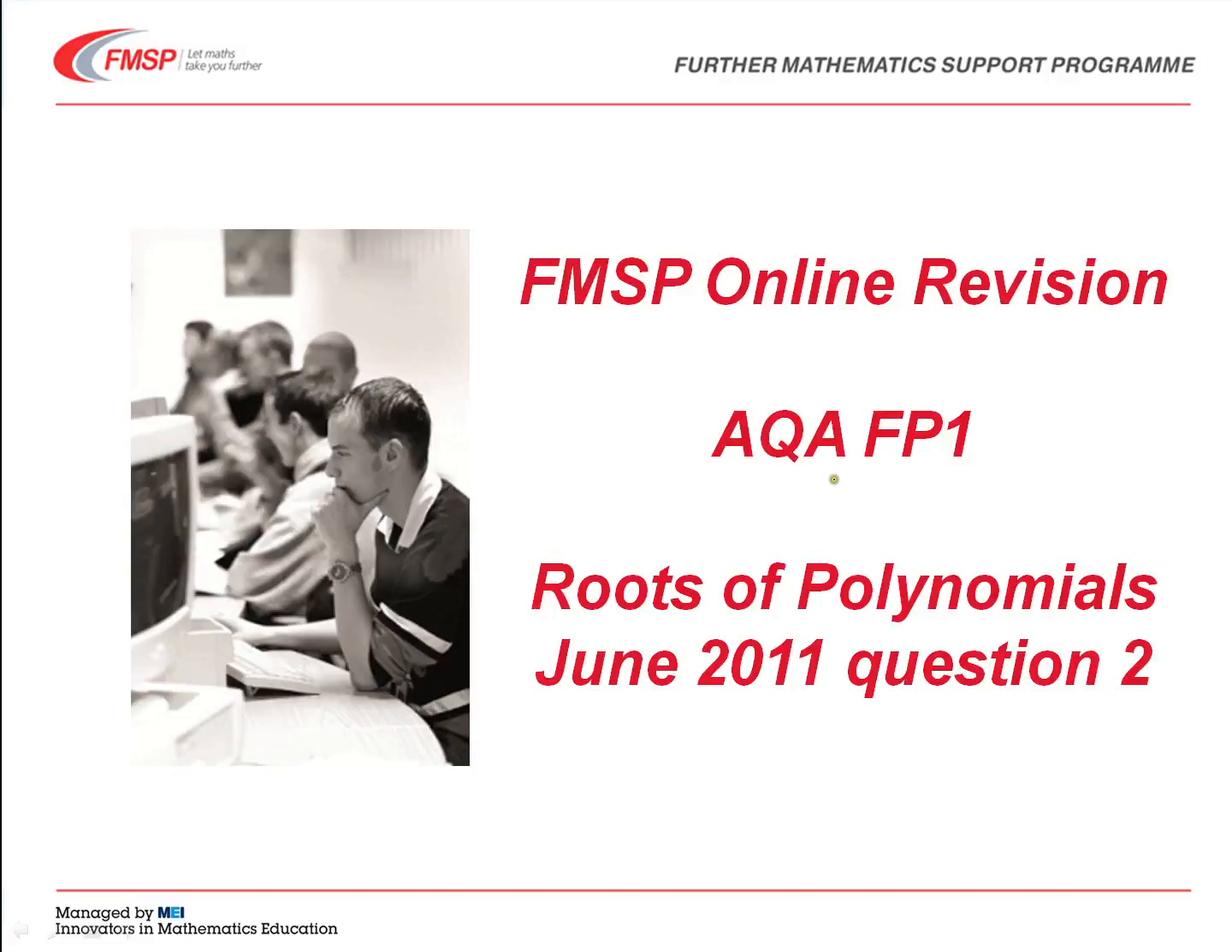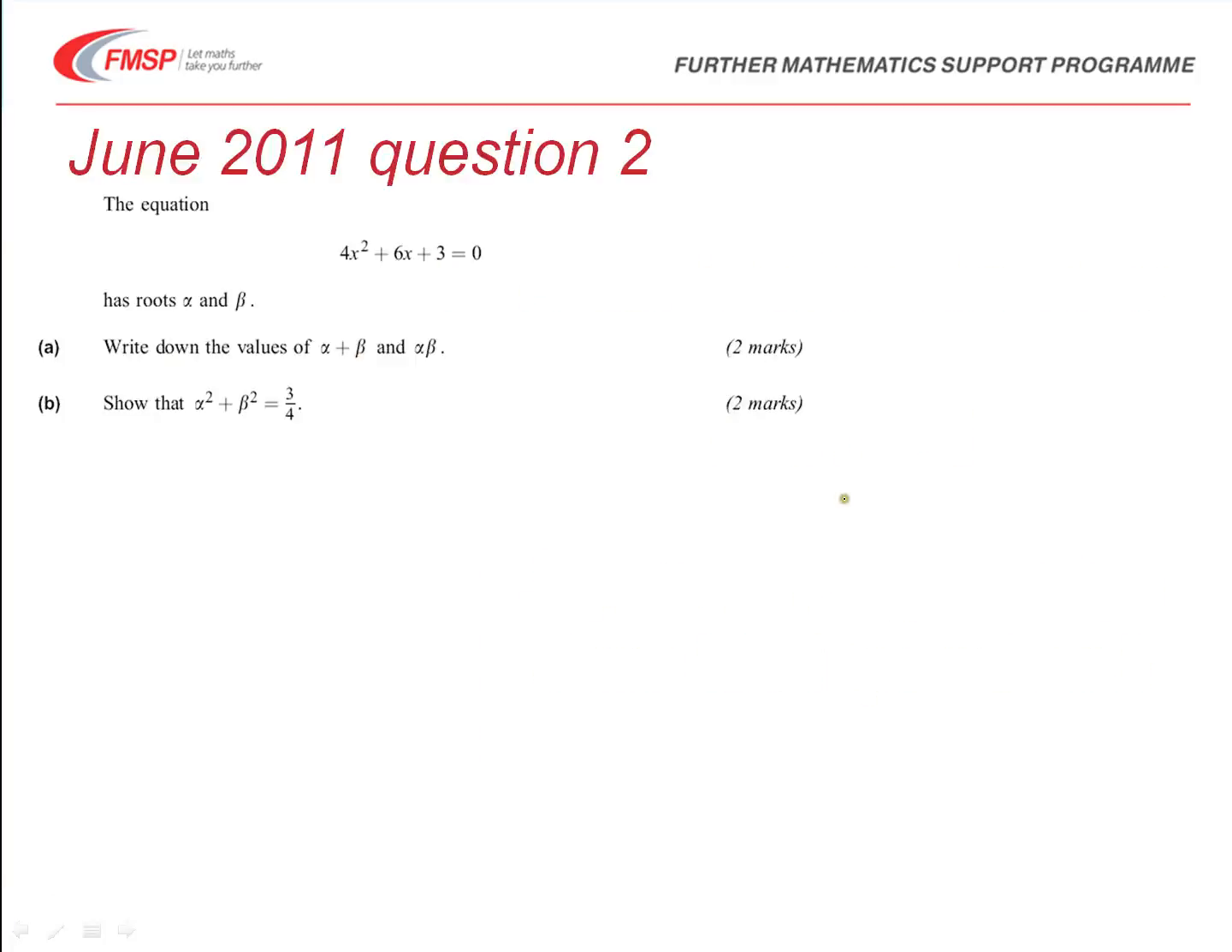Welcome to this online revision session for AQA FP1, in which we'll be looking at the June 2011 question 2 on roots of polynomials. So here we are given the equation of a quadratic, 4x squared plus 6x plus 3. Remember, this is saying that a is 4, b is 6 and c is 3 in the standard form of a quadratic equation. And it has roots alpha and beta, and there are two key facts that we need to